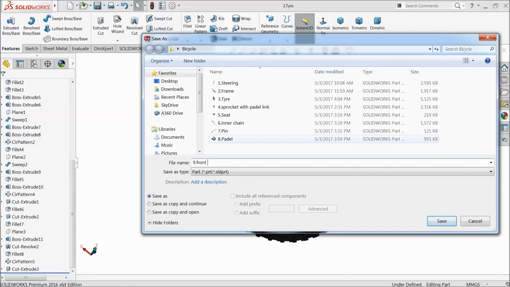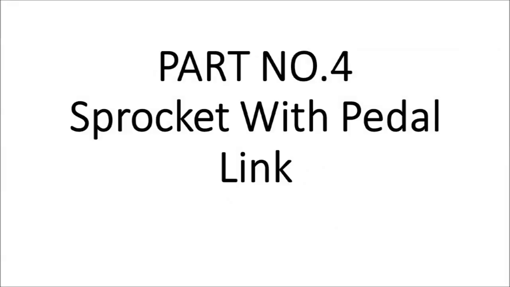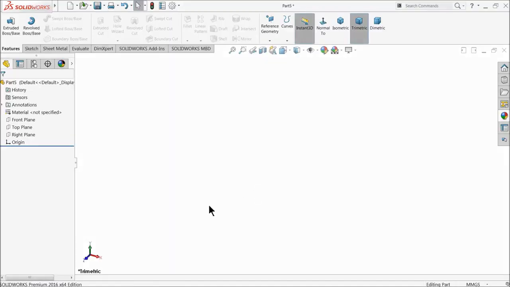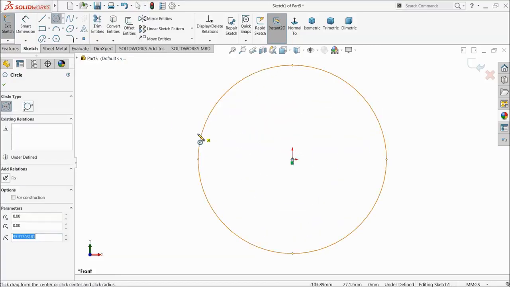Front tire. Save. Now here let's make the part number 3, sprocket with paddle link. So let's start. Choose front plane, sketch, and draw here a 25 millimeter diameter circle